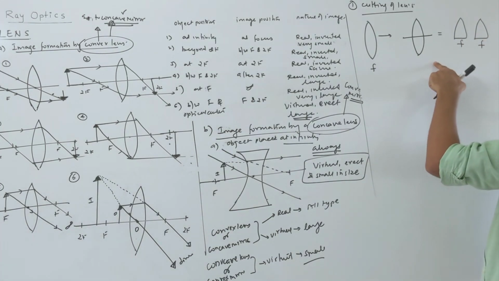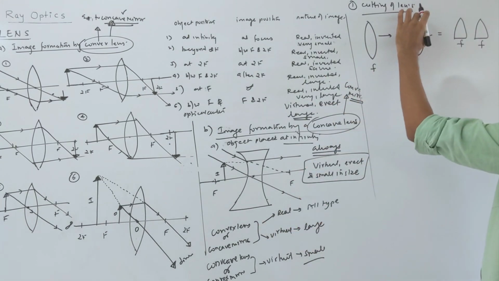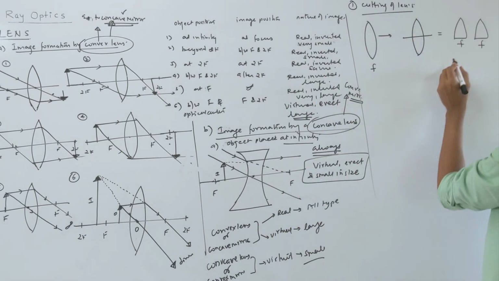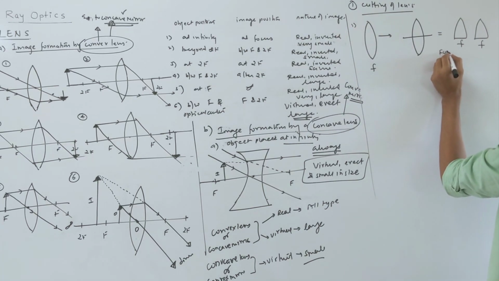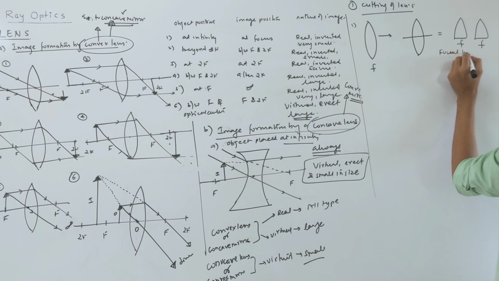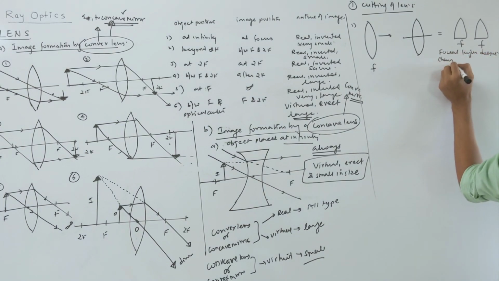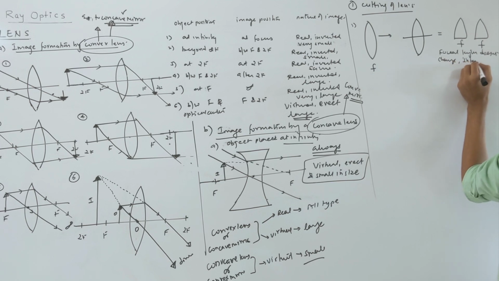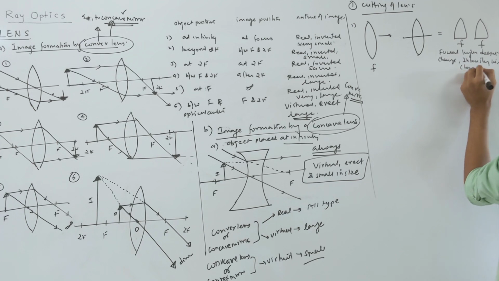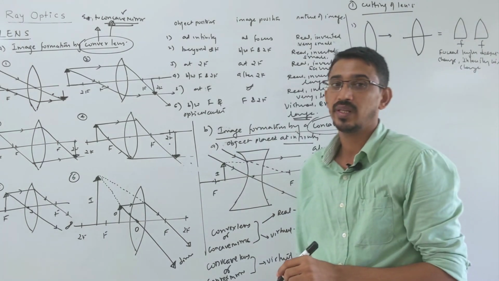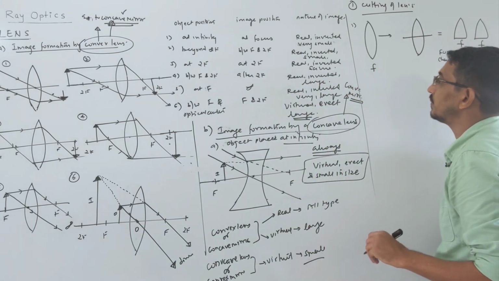What will change here? Intensity will change, because intensity depends upon, as I told you, aperture. Aperture diameter is what is changing right now. So in this case, if you cut that way, focal length doesn't change. What will change is intensity, how much light passes. If you cut this way, not only two pieces, you can cut three pieces also, and again focal length will not change.